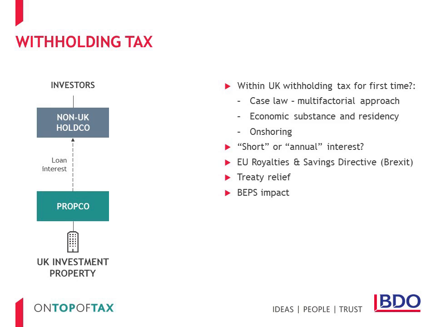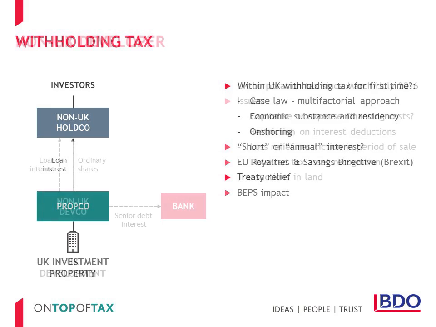Is the interest short or annual? Is the recipient in the EU? But Brexit could change things in this regard. Is treaty relief available? And on the question of treaties, the OECD's BEPS Action 6 has restricted many treaty benefits where there is a tax avoidance purpose. And this has led to changes to a number of treaties over the last couple of years, with more likely to follow, including the UK-Luxembourg Treaty, which is currently being renegotiated. The number of withholding tax failures we see in due diligence exercises never ceases to amaze.